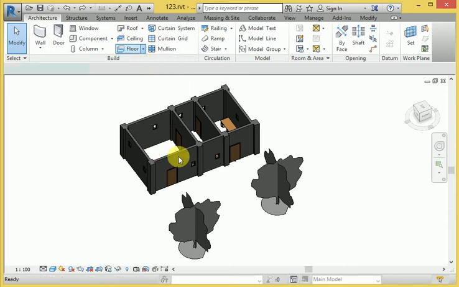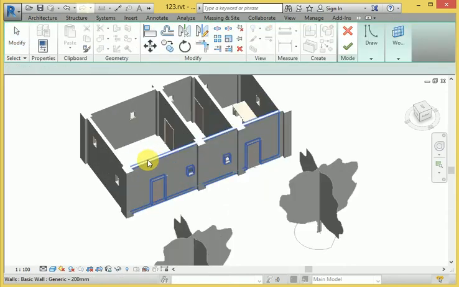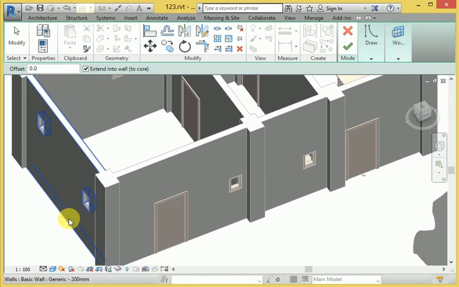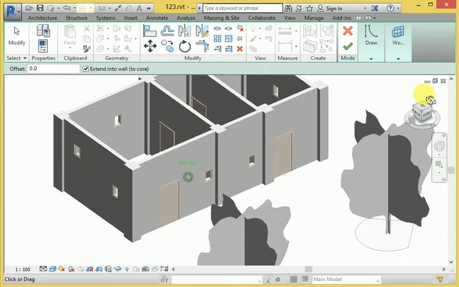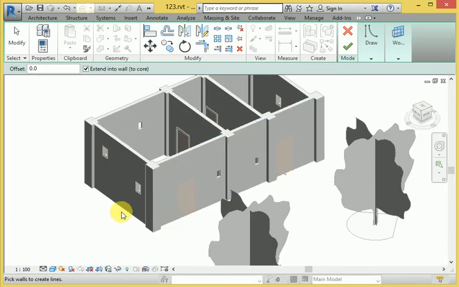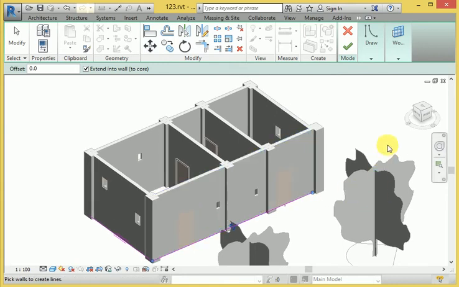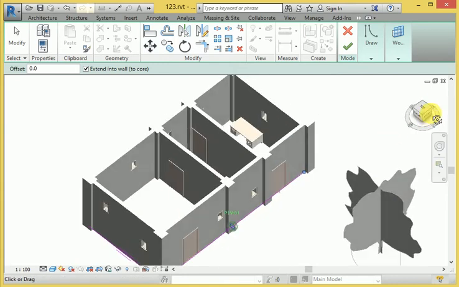Now let's again go to floor design, first floor architecture. First of all, click this particular wall here, only to select the wall. If I go to here, select this wall, and also select this wall, right?